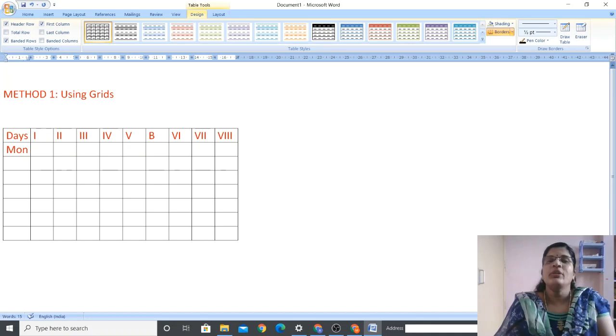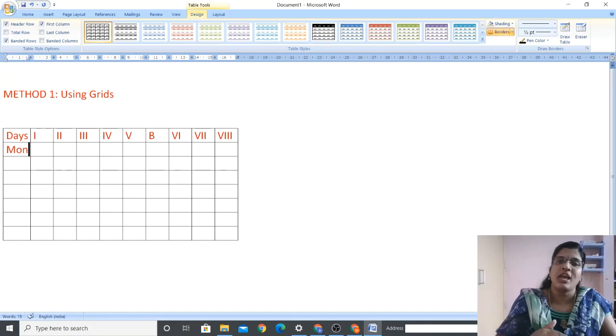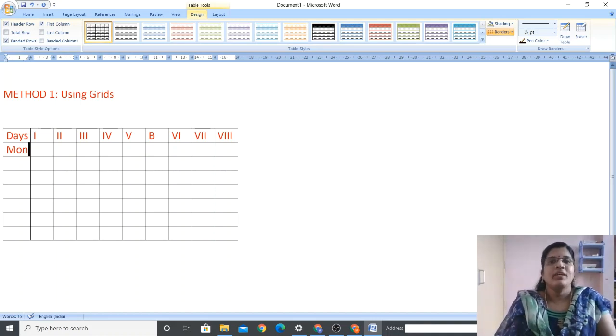That's good. We have to use the arrow keys. You have 4 arrow keys on the keyboard, so you can use them to go up or down or towards left or towards right. That is one method. What is another way we can move from one cell to another cell? That's good, using a mouse. See, I'm just taking a mouse, I'm clicking here. So using a mouse pointer also we can move to another cell.